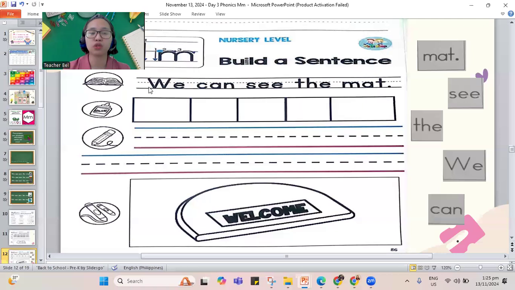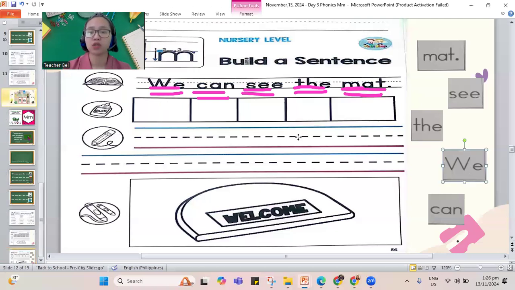Again, let's do reading. We can see the map. So let's go back. We can see the map. Our sentence is about the mat. So how about we paste for our words?